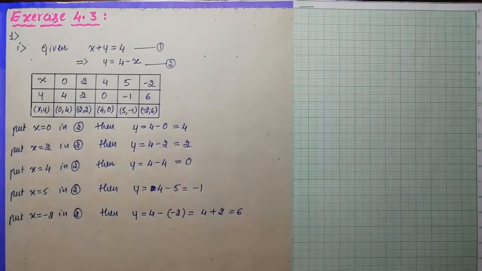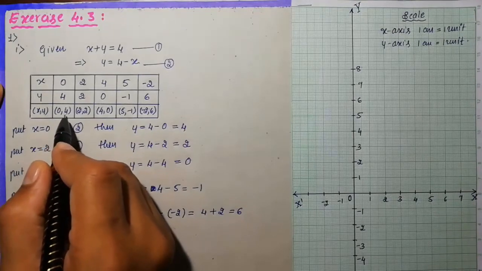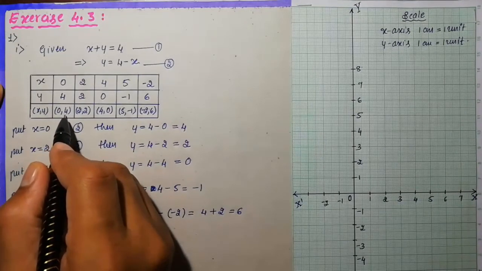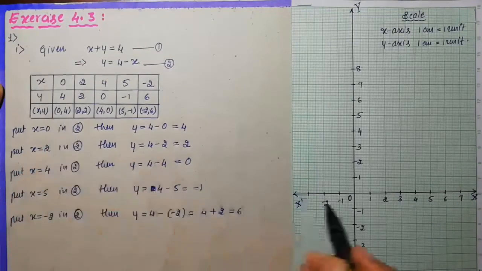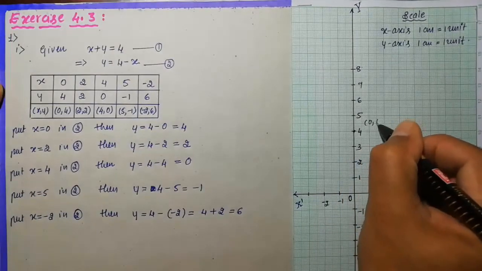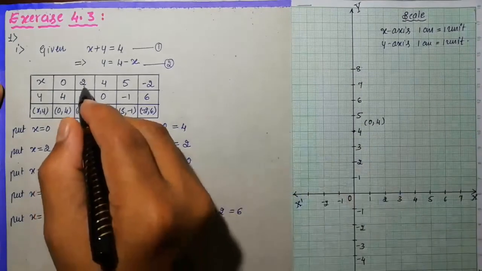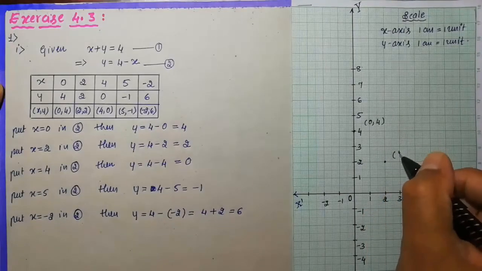Now you need to plot the graph. Look here, the coordinate plane is already drawn. The same scale I'm going to carry: 1 centimeter is equal to 1 unit. Now I'm going to mark the points. First 0 comma 4. 0 comma 4 lies on which axis? The y-axis. And where is it located? On the y-axis, where 4 is. Look here, on the y-axis, there it is, 4. So this is the point 0 comma 4. Then 2 comma 2, the second one. Here it is 2 and here it is 2. So this is the point 2 comma 2.